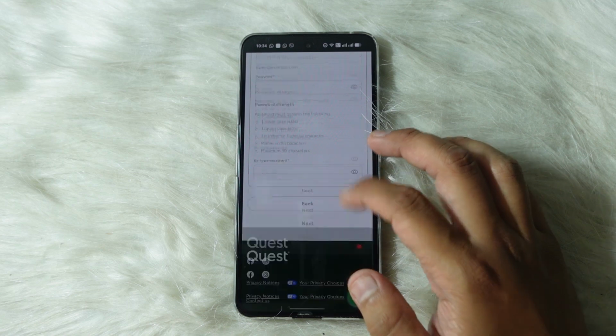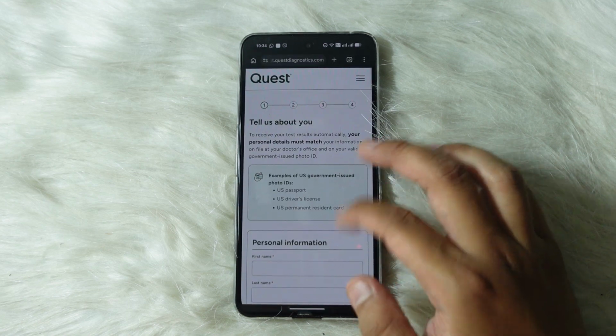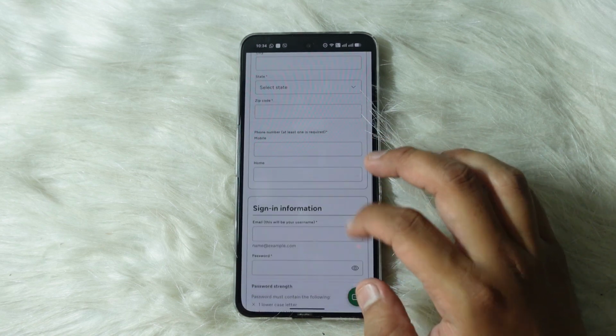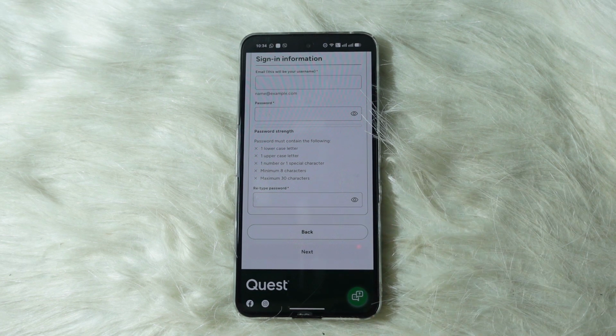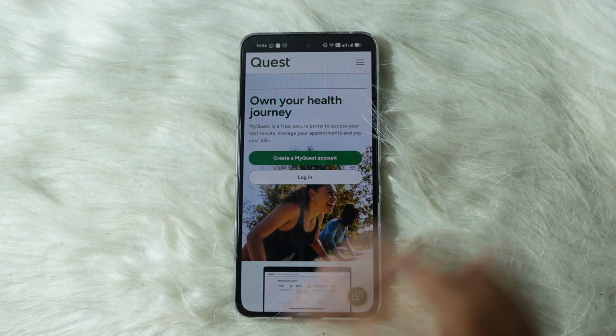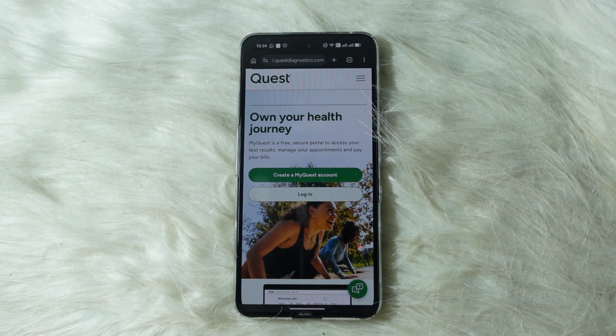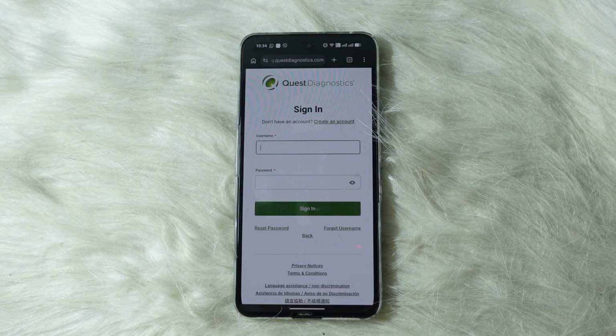Here you'll have to fill in your details like your email address, your full name, and your sign in information. Hit next and follow the rest of the on-screen instructions to create your account. Once you've created your account, you can simply head back over, tap on login. Here you'll have to enter the credentials that you set up and then hit sign in to log into your